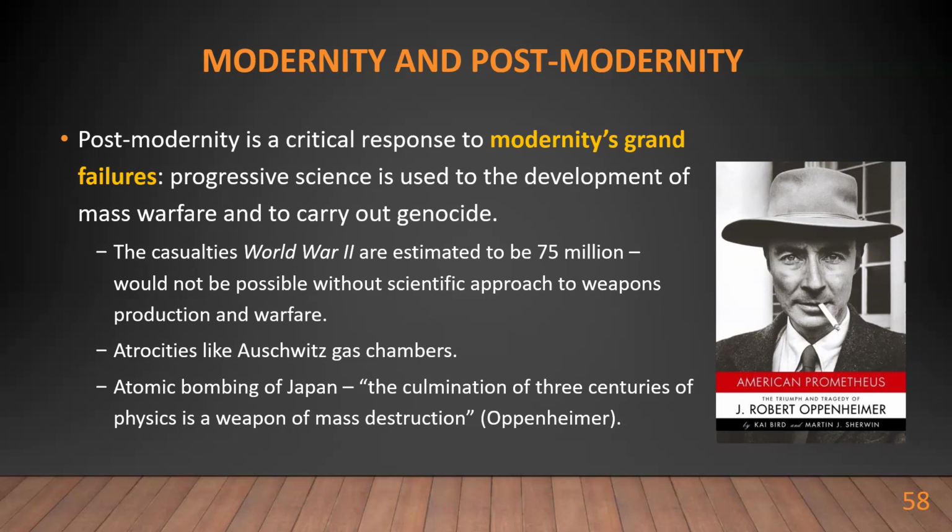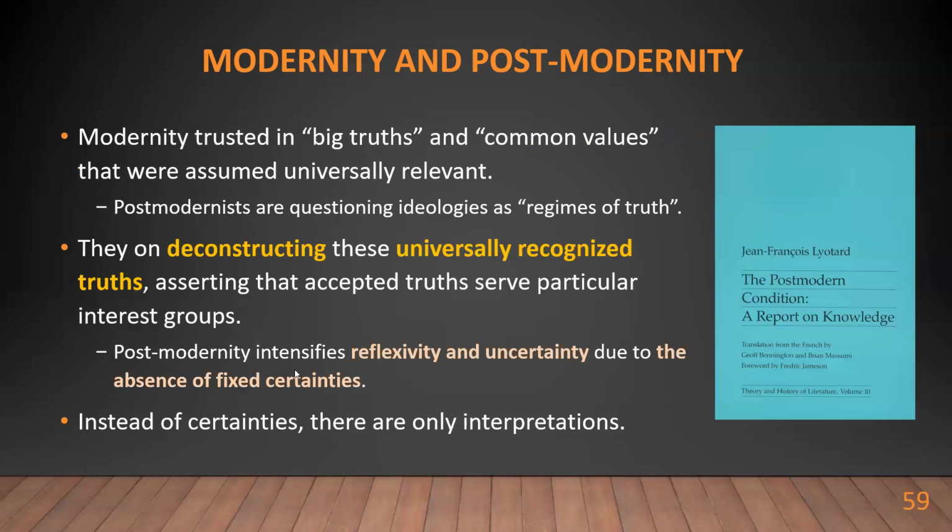And you would have the atomic bombing of Japan, which was characterized by none other than J. Robert Oppenheimer as the culmination of three centuries of physics as a weapon of mass destruction. So this is where enlightenment, with this emphasis on rationality and rational progress, is seen as a failure. So postmodernity is a reaction to that failure. Modernity trusted big truths and common values that were assumed universally relevant, and postmodernism is questioning these ideologies as the